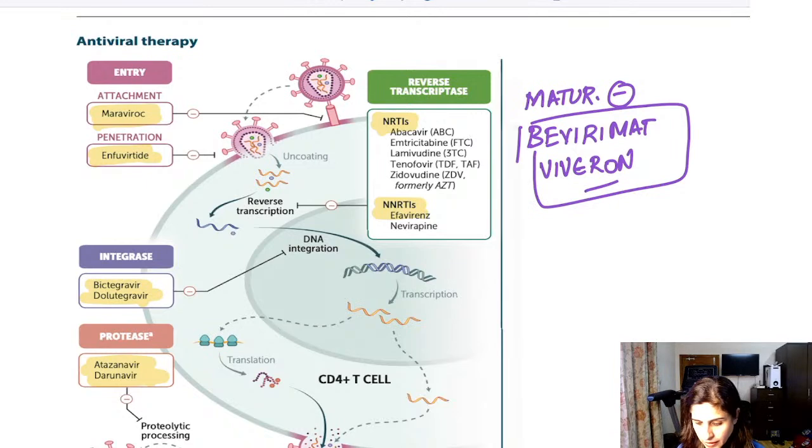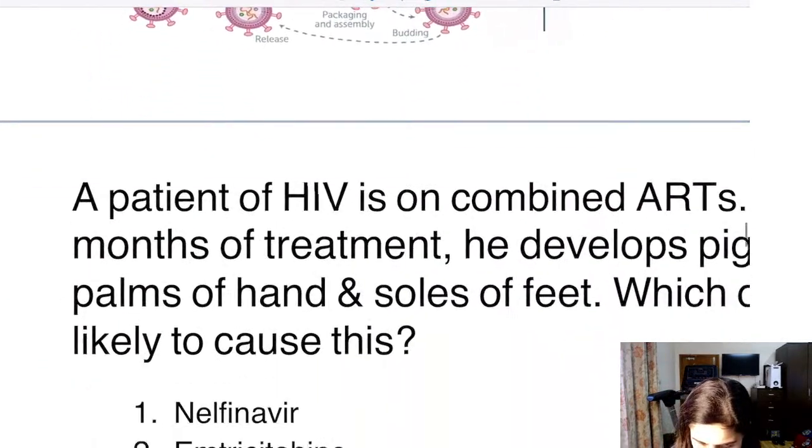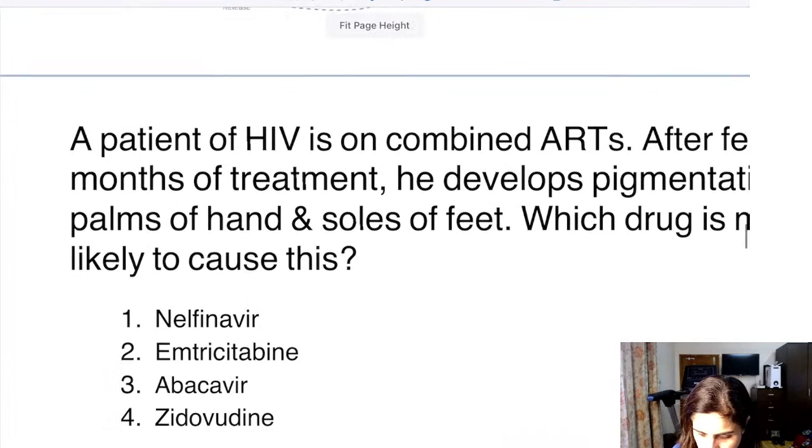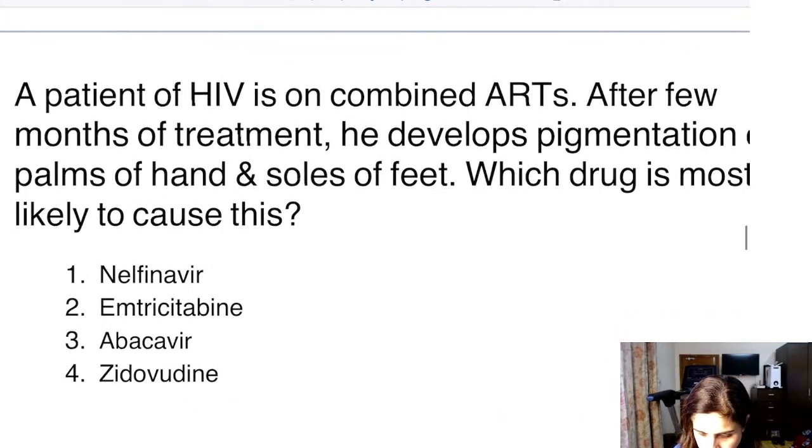ठीक है, so I'm going to tell you about each of these groups one by one, and after we discuss the next question, and then we'll just see the salient features of all of these drugs that are important for you to know. Yeah, बेविरीमैट and Viviron. ठीक है, दोनों. Now this question,